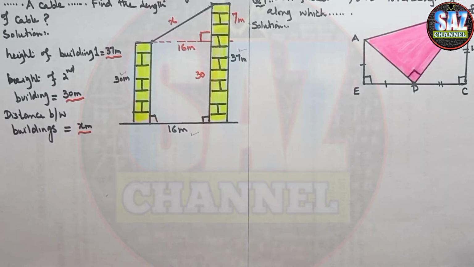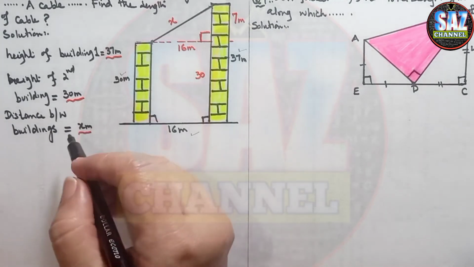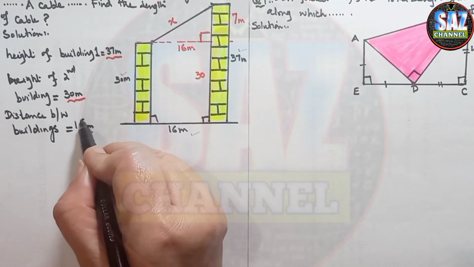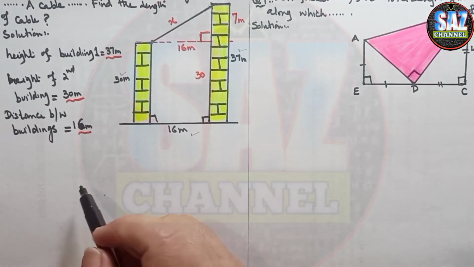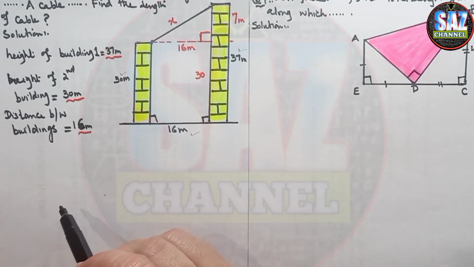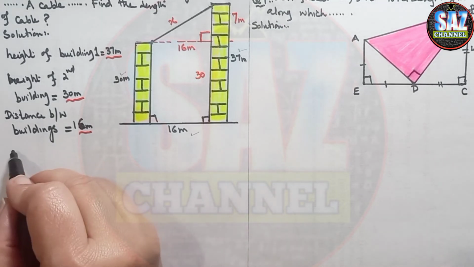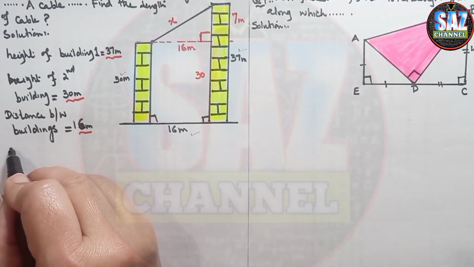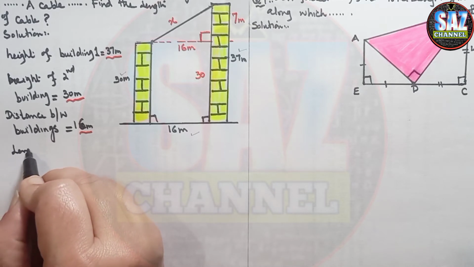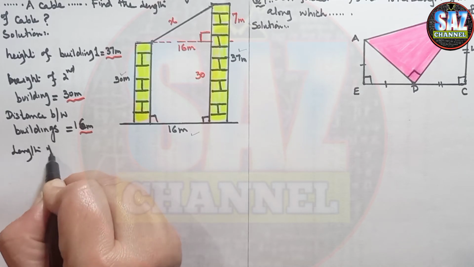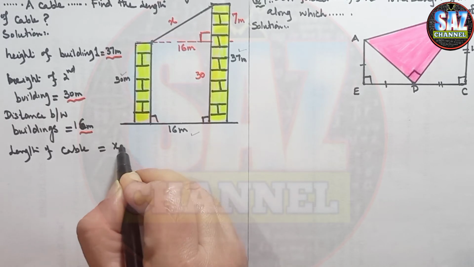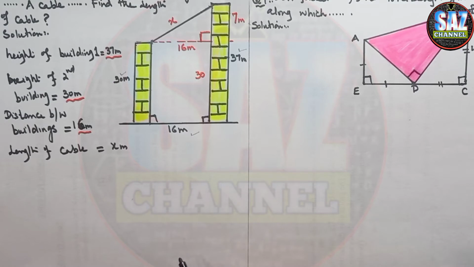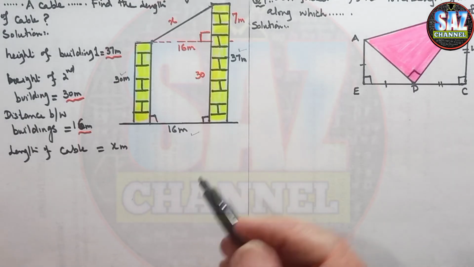Now this is 16 meters. Distance between the buildings is 16 meters, and length of cable, which is the requirement of question, length of cable equals to x meters. Now what we have to do, in order to find value of x, we can take